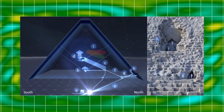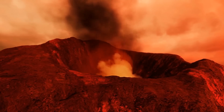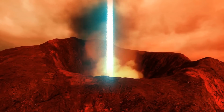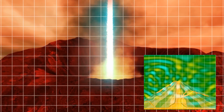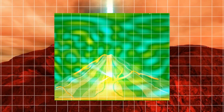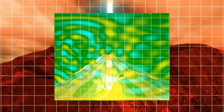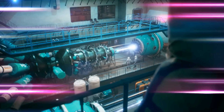Scientists also use them to look inside volcanoes. They use the same method as with pyramids. When these rays pass through a volcano, scientists can study how they move to create images of what's inside. This helps researchers figure out where different materials are in the volcano and keep an eye on any signs that it might become active. So, the more we learn about them, the more we learn about the mysteries of our